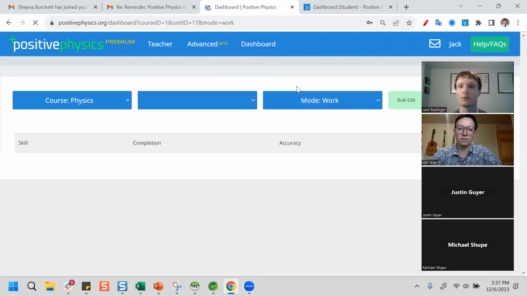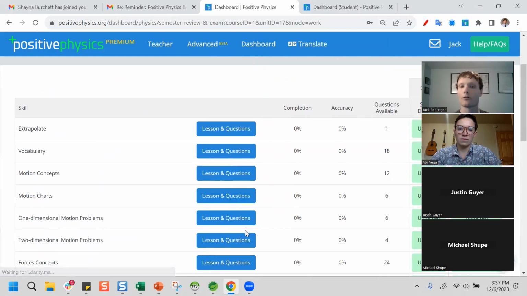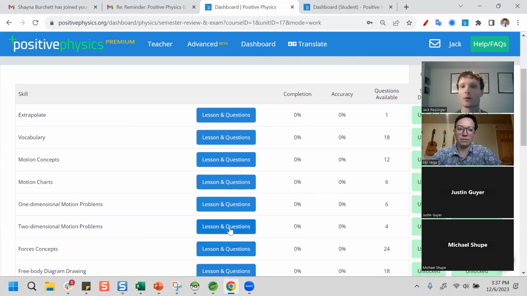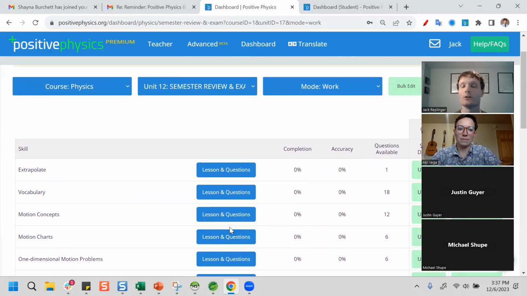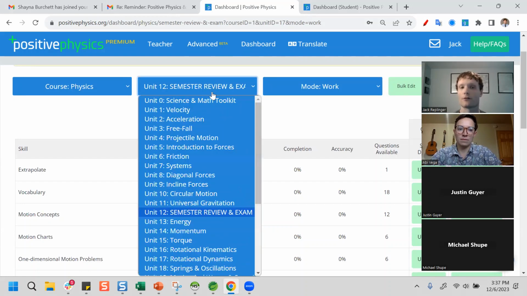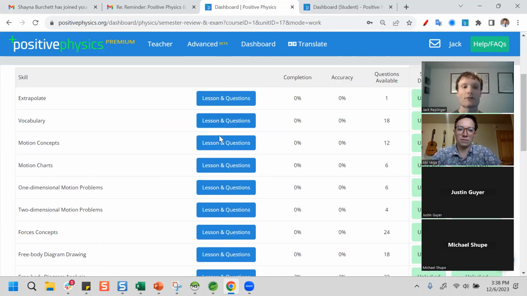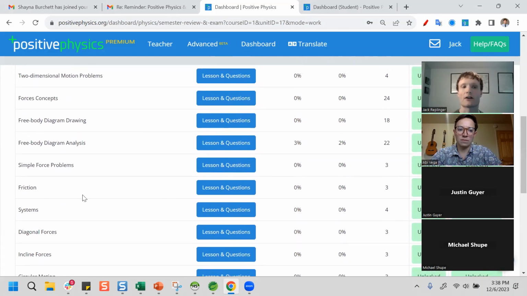All right, so that is a really brief overview of what it looks like for a student to practice on the site. Then I wanted to talk about if you are new to the site, or if you're using the review but maybe you haven't covered the first 11 units that we have. This is still very usable for you. But let's say you haven't covered